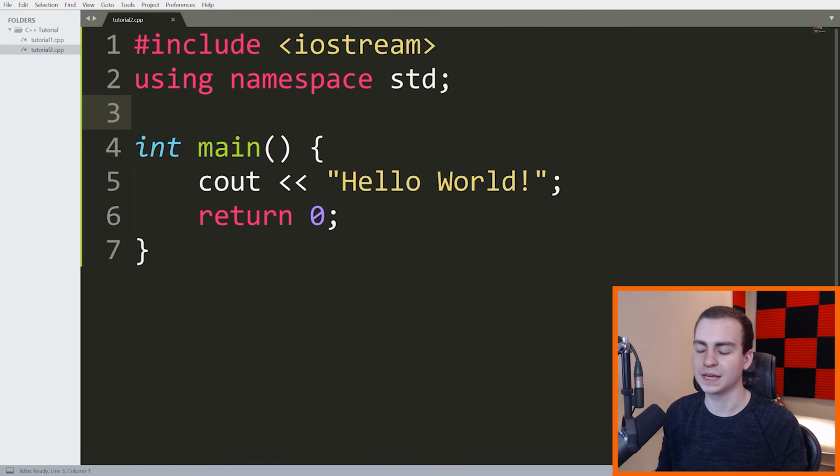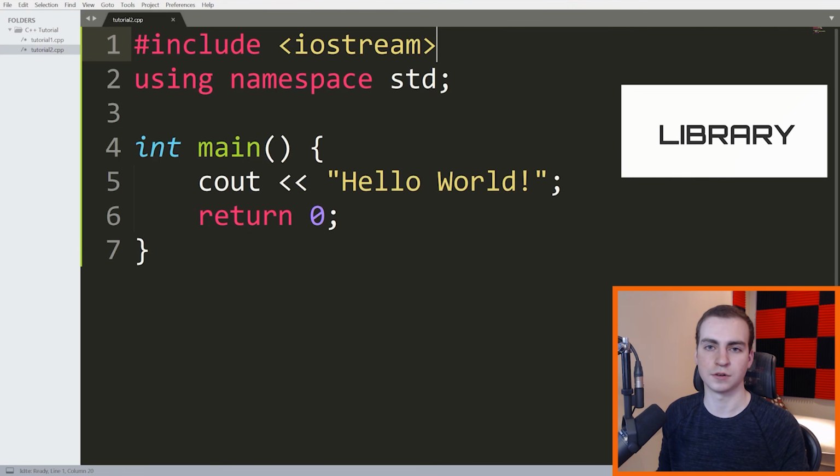So hopefully that's kind of making sense, but the idea is there's all these built-in features in C++. All of these things that the C++ developers have done for us, for example, allow us to output stuff to the console, and for us to be able to use that, we need to take all of the code that they wrote and include it in our program. And we do that by using this include statement. So whenever you want to use some specific functionality, if it's not by default built into C++, you need to include it in your program, and usually you do this at the very top. That is why we have this include line.